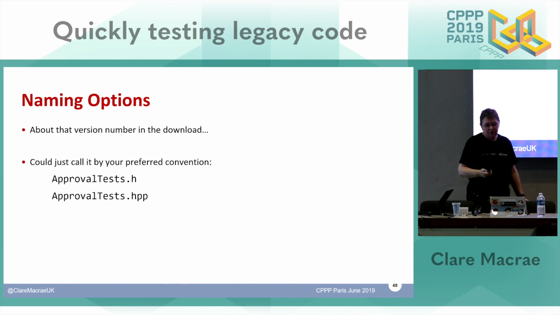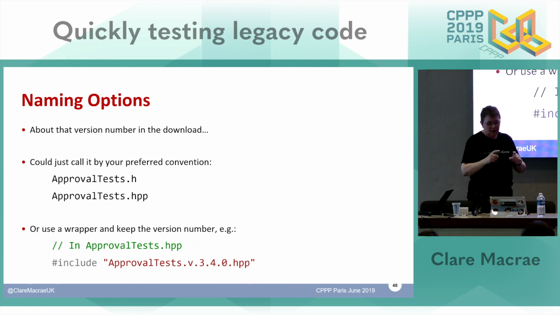The way that the starter project I just mentioned works is to have a single file without the version number in the file name, and then that file includes the file with the version number in the file name. So that adds a level of indirection. In the unlikely event that you change to a different version of the header and you're seeing something odd, like this hasn't happened yet, it gives you the option to switch between versions very quickly. It's not a big deal, but I just wanted to point it out as something to bear in mind.